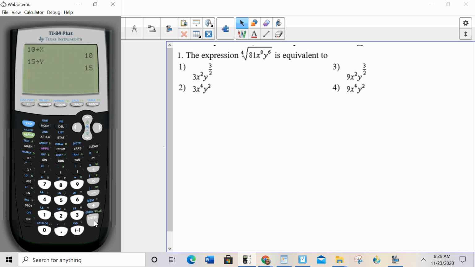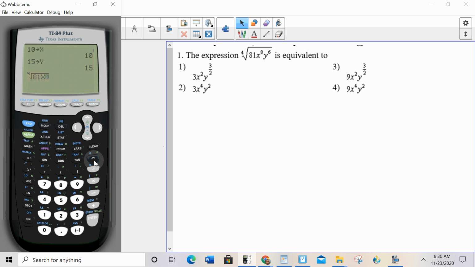So I'm going to start by typing in the original problem, and what can be a little tricky is knowing how to type this stuff in. Well, I'm going to teach you right now. To type the fourth root in, hit 4, and then to get to that radical, we're going to hit math, and then option 5. Option 5 is any root. Option 4 is the cubed root specifically. Option 5 is any root. And you see the fourth root pops up,